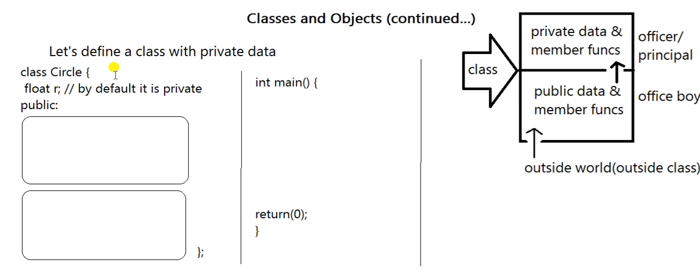Two simple tasks, you can say. One simple task is to initialize the radius and the other simple task is to compute area. So you can ask me why you are defining two functions, why not define only one function and in that you initialize as well as compute area. That is not good programming practice, because our functions must do an atomic task, meaning the function must be defined for a single task.